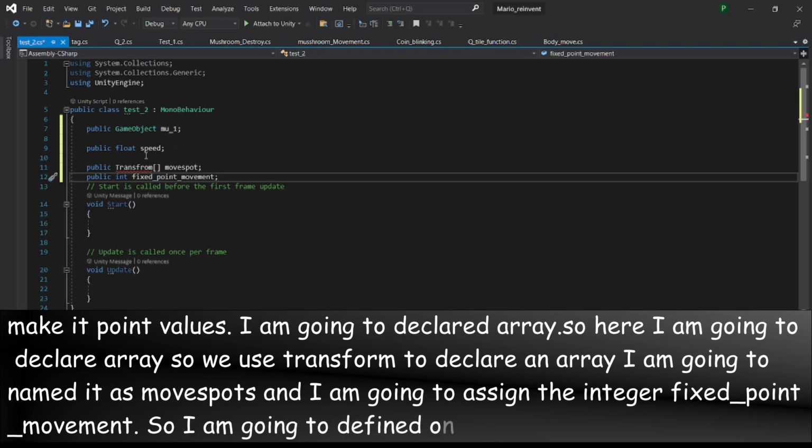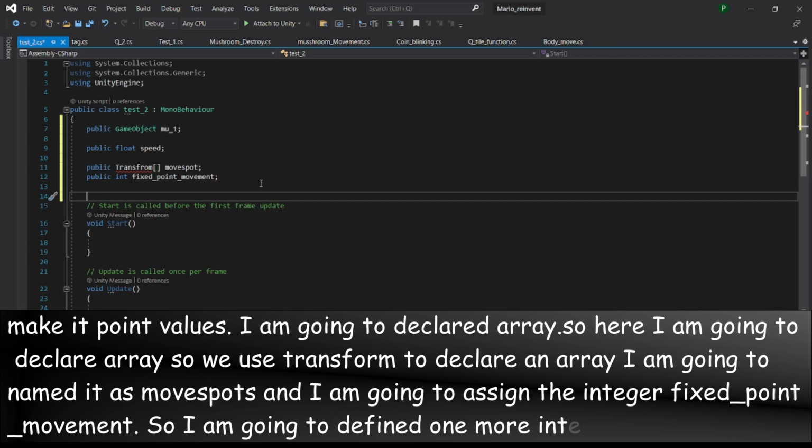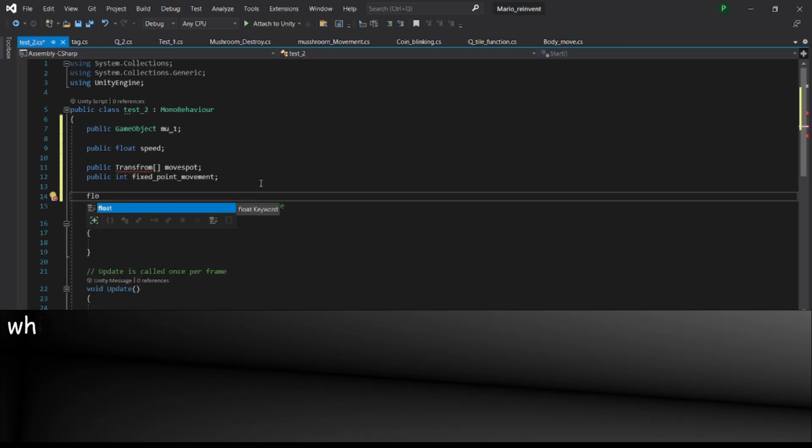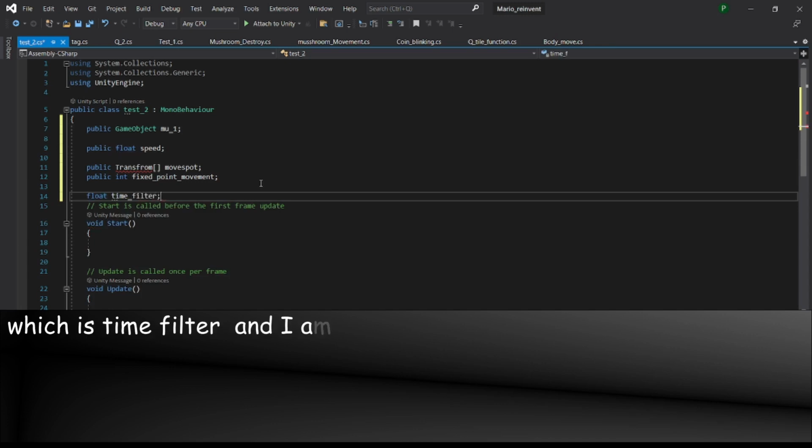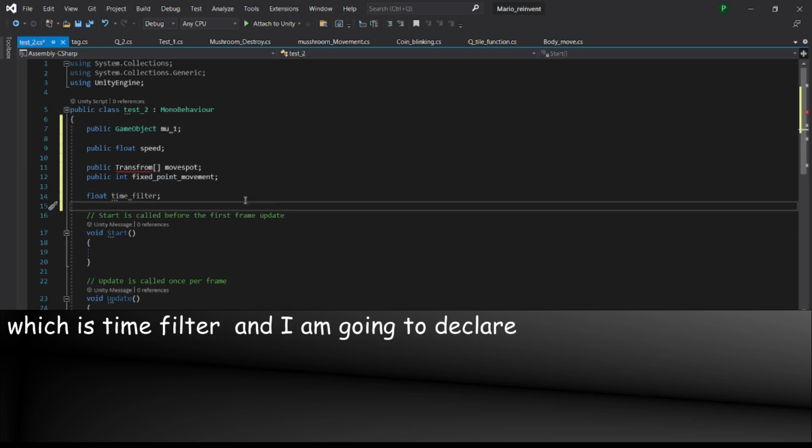Now I'm going to define one more integer, or sorry, float, which is time filter, and I'm going to declare it. So I don't need to declare anything else.